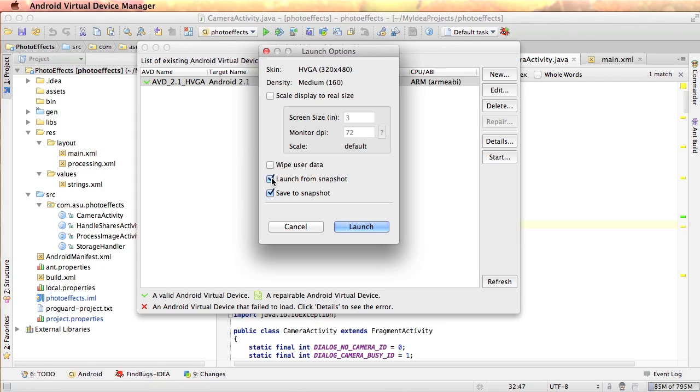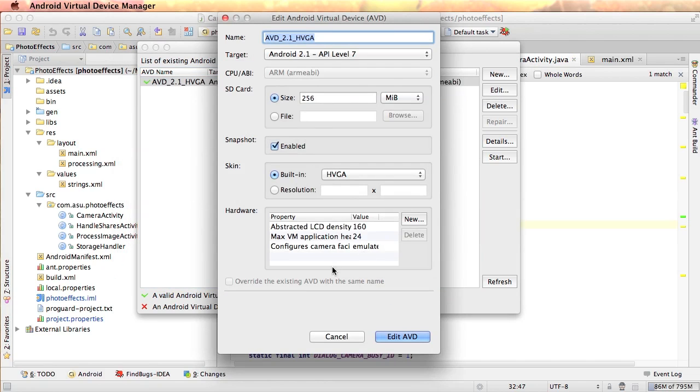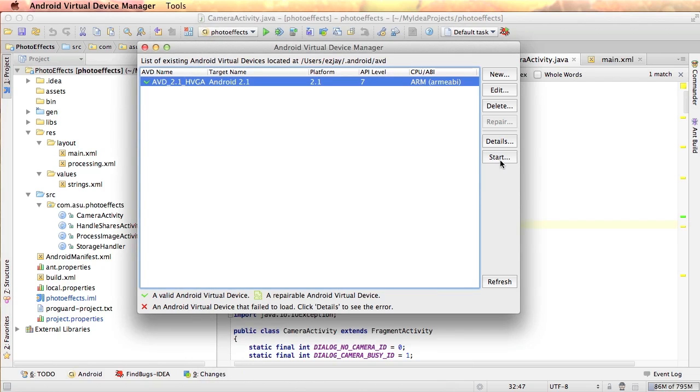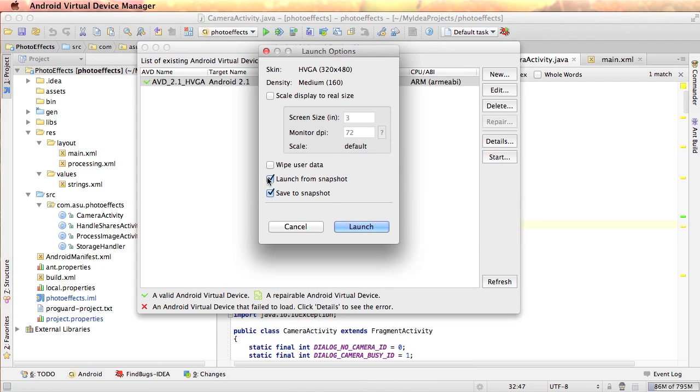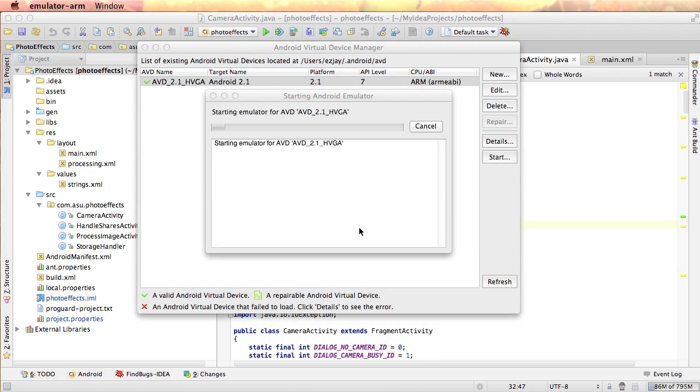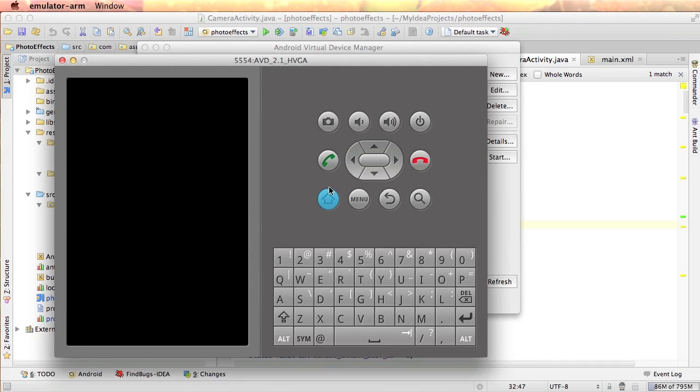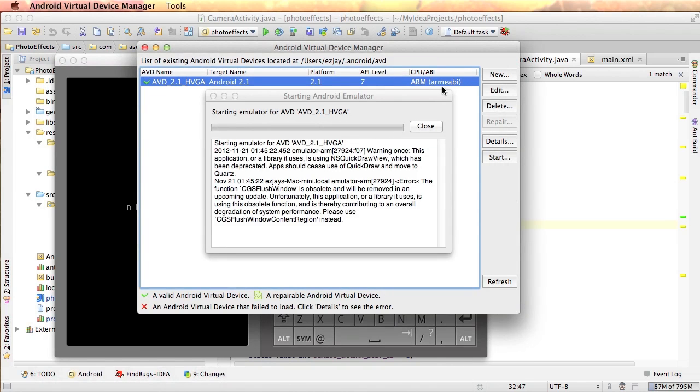Whenever you make a change to an emulator, be sure to restart it after changing the configuration. So if we go into the edit screen and we change something, the next thing you should do, if it uses snapshots, is go and uncheck the launch from snapshot and launch it, and that will actually start it from scratch. So while that guy's booting up, let's go ahead and close that,